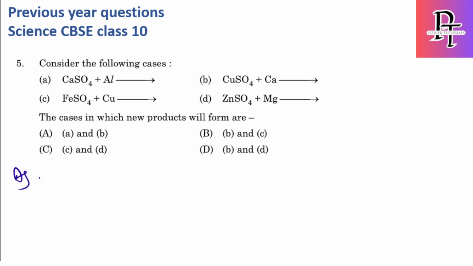Consider the following cases. They have mentioned 4 options, and they want to see which is possible. For this we have to remember the reactivity series. The series starts from